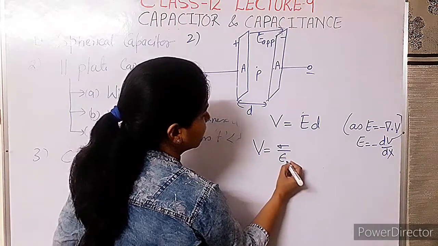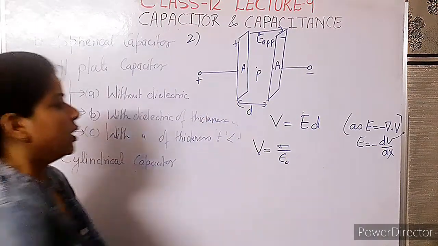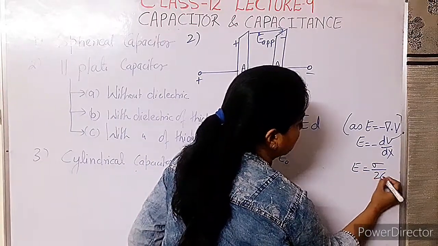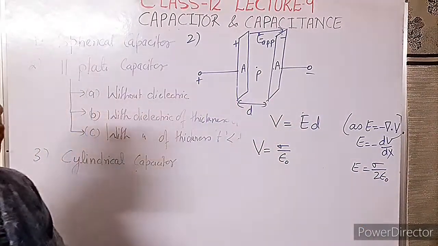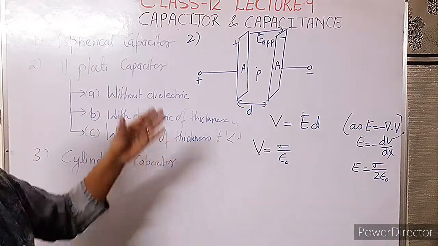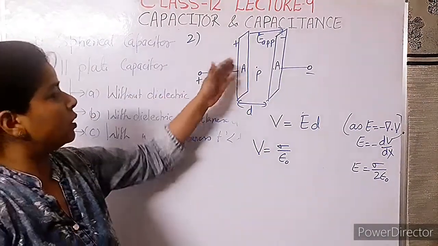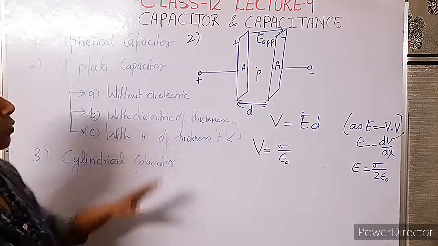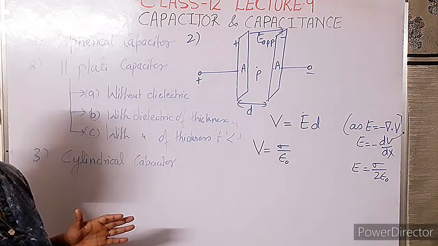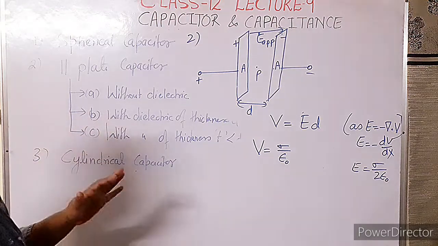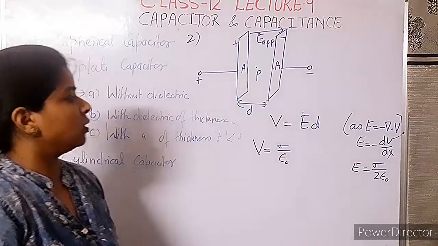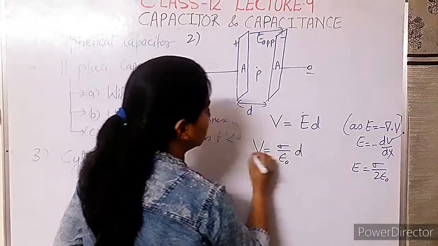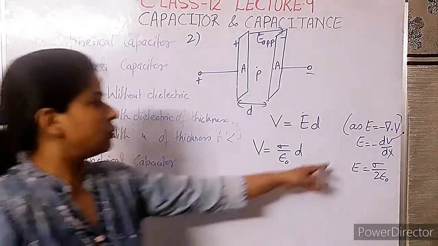Okay, so E into D, from this situation at point P we can consider the case of E as sigma over epsilon naught. Okay, actually the result you got from Gauss theorem was E is equal to sigma over 2 epsilon naught due to single plate. Here we have two plates and we are considering the point P in between the plates, and we can consider the charges. If you will go through that cases of this plane sheet electric field at any point due to plane sheet, you will see that this result we have got in that case. Okay, so sigma over epsilon naught into D. This is the value of V. We are neglecting here the minus sign.